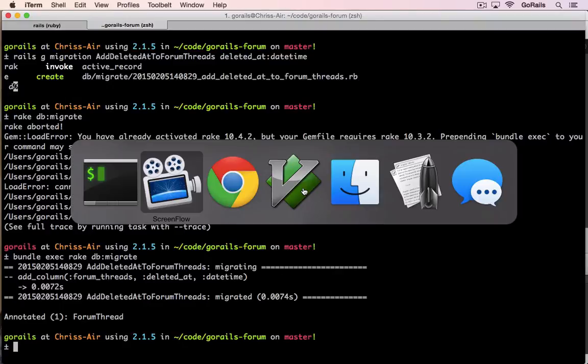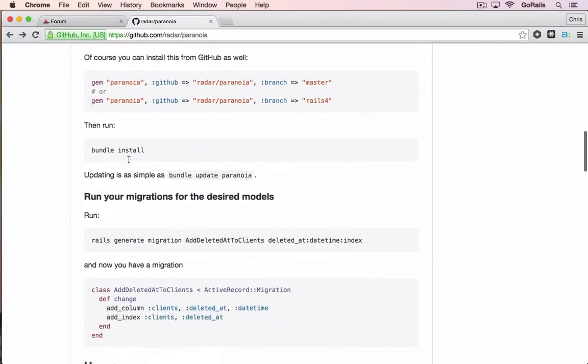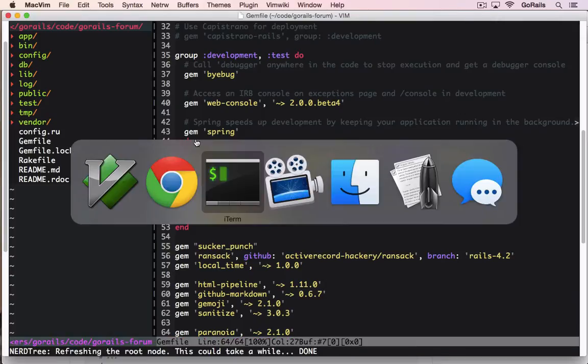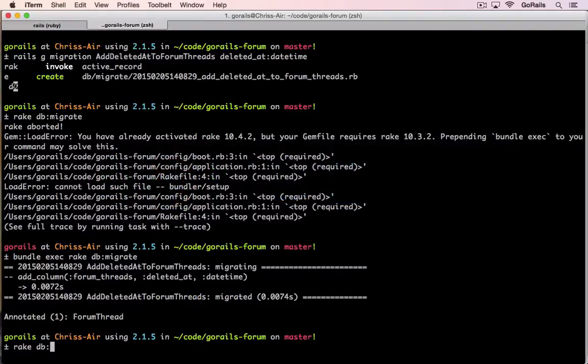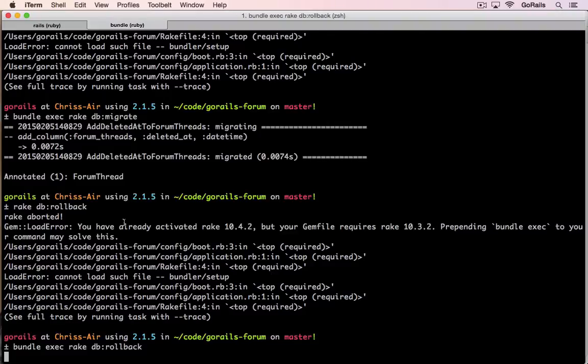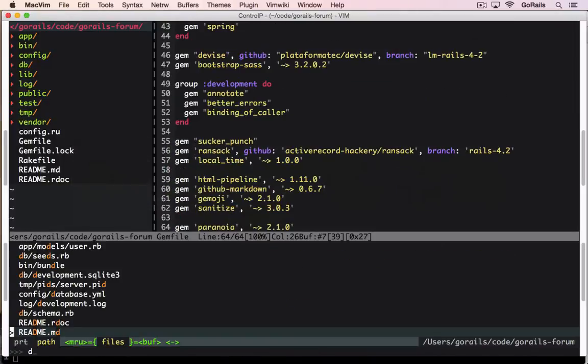And now that that's finished, we can hop back over to Chrome and take a look at what it requires to add this to our model. So another thing we want to do is add the index that I missed. So to do that in development, we can just rake db:rollback, and then we need to run that with bundle exec again. So we'll roll back that adding deleted_at column, and then we'll open up the migration that